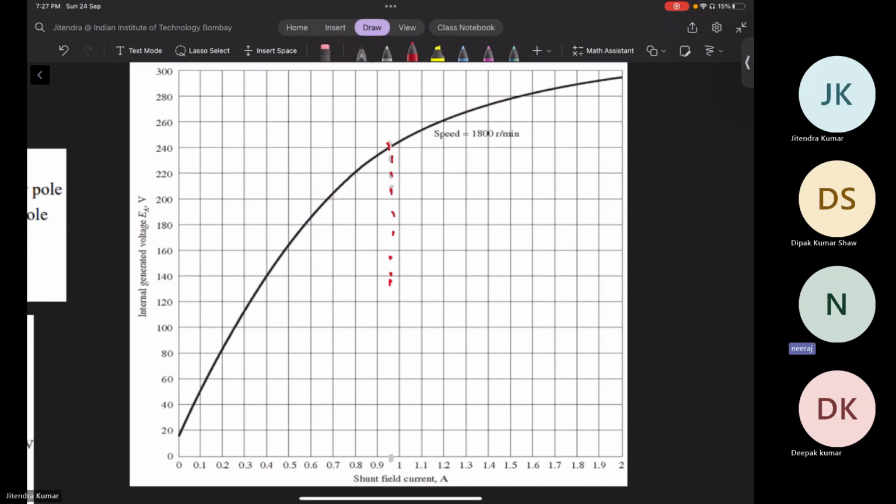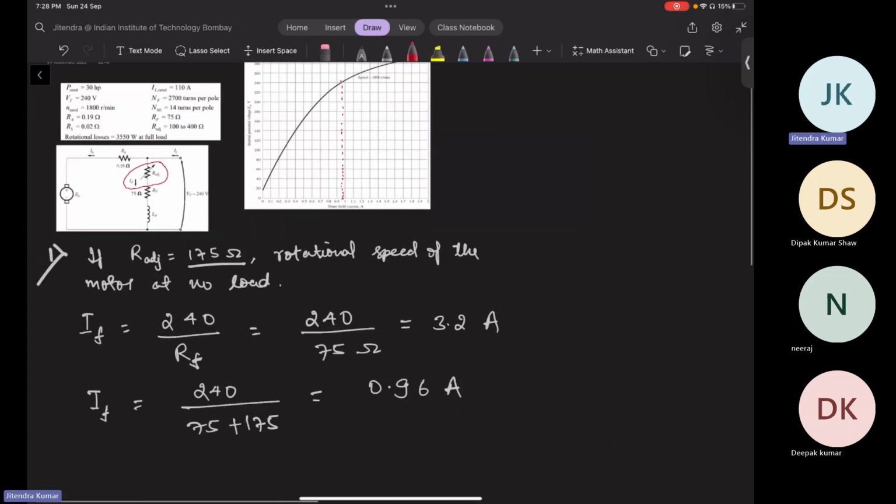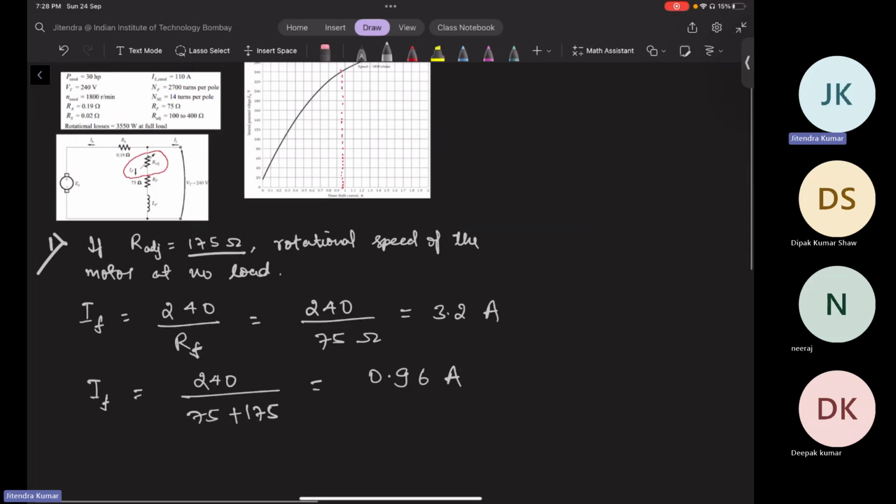It will create a voltage of how much? You are able to see, any close value would also work. 240 around, 240 volts. So to be precise, it is 241, but we can say 240 is good enough. So EF at this field current, EF is 240 volt. Sorry, 241. Let us go ahead with 241 volt at a speed of